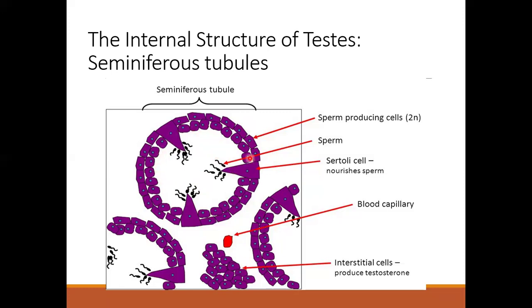So the seminiferous tubules don't have blood supply. And you know that blood supply provides nourishment. So how do the cells here get nourishment? That's why I'm saying that these special cells are there to provide nourishment. Why are we not allowing blood to get a supply here? As we move along,